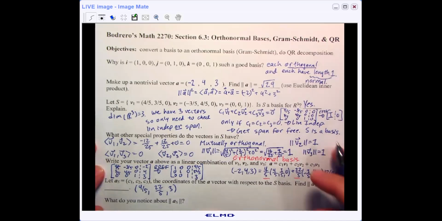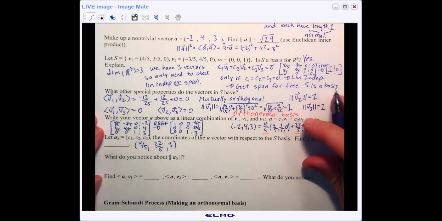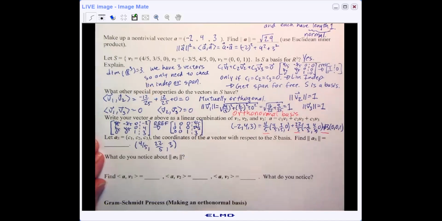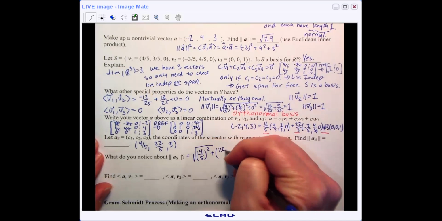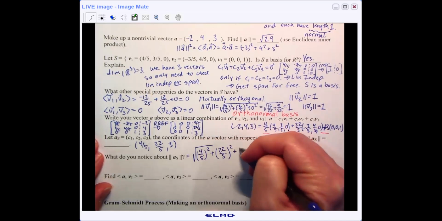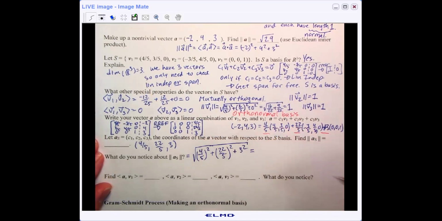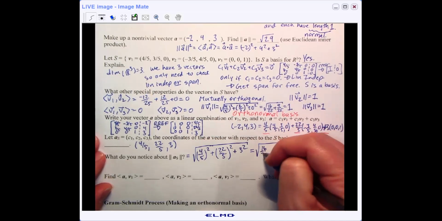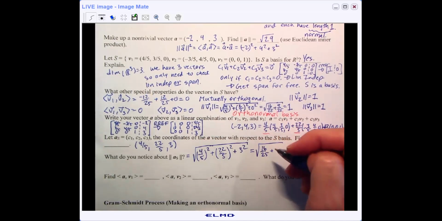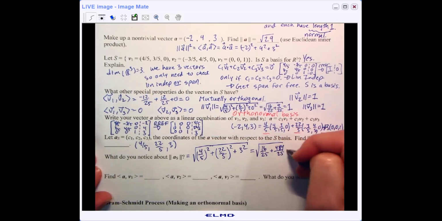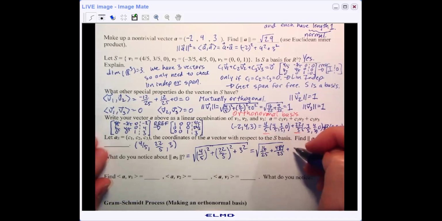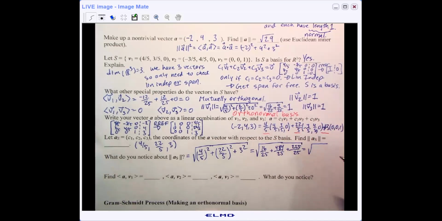And the last thing we'll do here in this video is find the magnitude of this vector with respect to the S basis. So that's going to be the square root of 4/5 squared plus 22/5 squared plus 3 squared. And that's going to give us the square root of 16/25 plus 22 squared is 484/25, and 3 squared is 9, and 9 times 25 is 225/25, which would give me the square root of